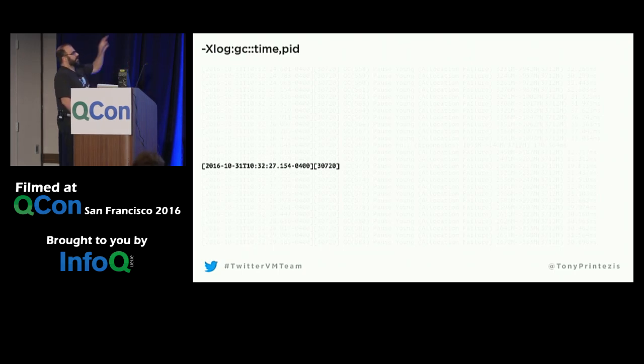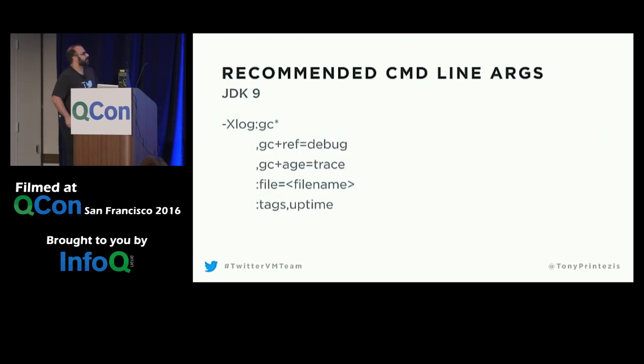Something to point out, though, notice the two colons in the option. So it's log GC colon colon time comma PID. Why is that? Because the syntax is that you pass the tag information, and then you pass the output information, colon the output, and then colon the decorators. So if I had only colon time comma PID, only one colon, that would be interpreted as a file name. So it will actually create a file called time comma PID, and it will send the log to that file, right? I really hate this. I find this really frustrating, but that's okay.